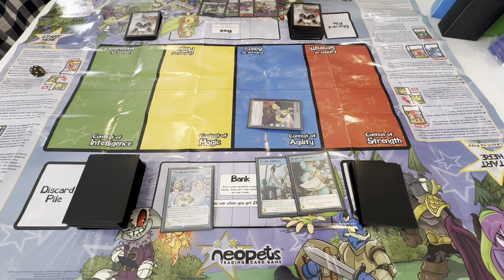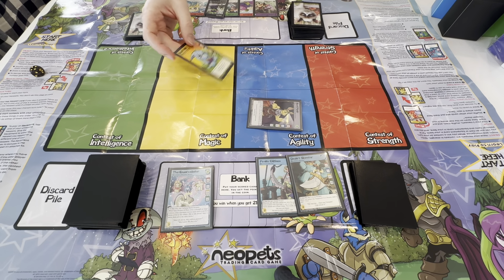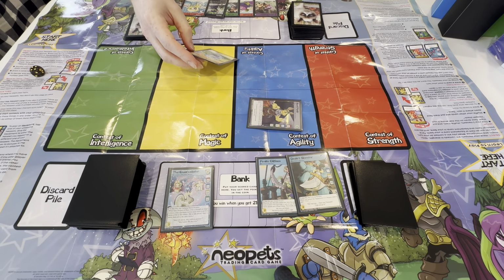So I go second, I get to draw a card. I play a Neopet. This deck is all Poogles. If anyone played Neopets, you probably remember Poogles. Just seeing what he's good in. For now, I guess I'll put him...